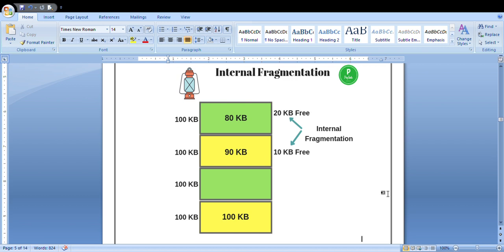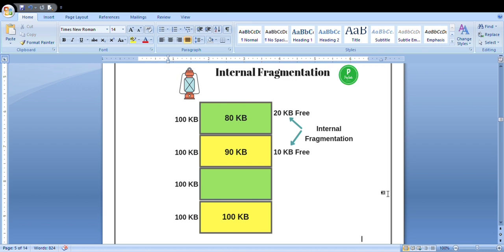As I said, in a fixed partition you partition the block to some fixed size, but whatever process or program is loaded into that particular block is very small, so the rest of the space will be wasted. In that scenario, you can slice that partition, and the free memory location will be used by the rest of the programs or processes. That is internal fragmentation.